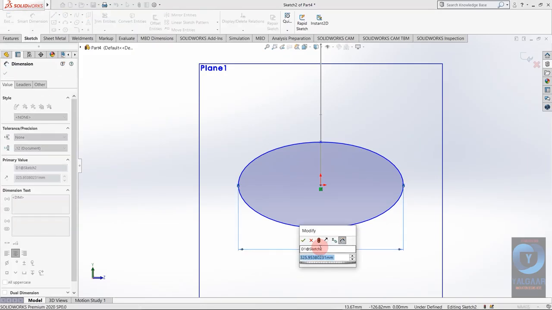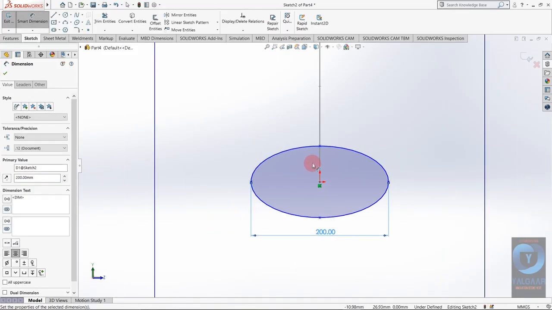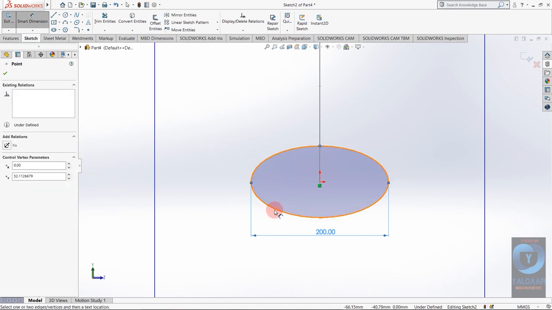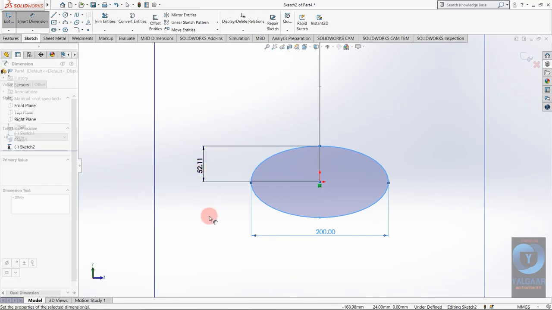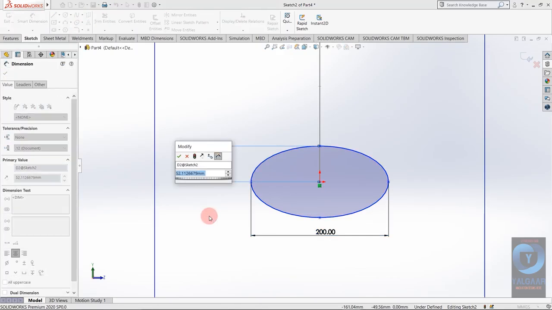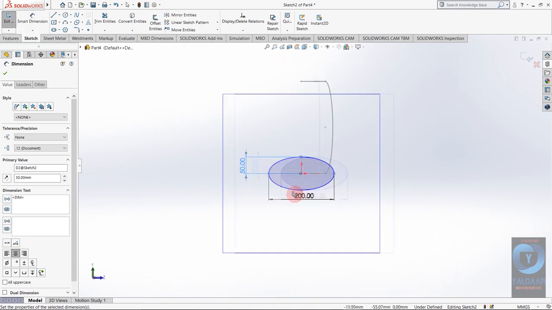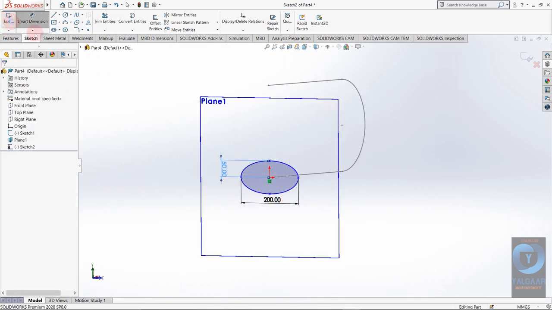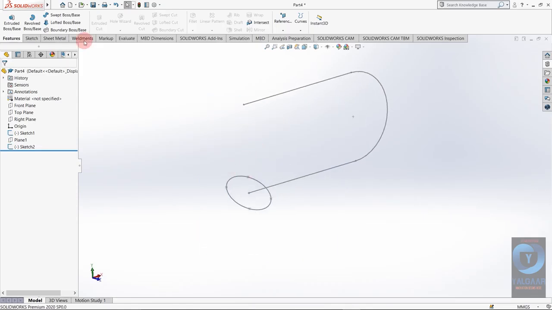So major axis will be say 200 mm and minor axis will be say 50 mm. Exit sketch. I am going to hide this plane for better view.